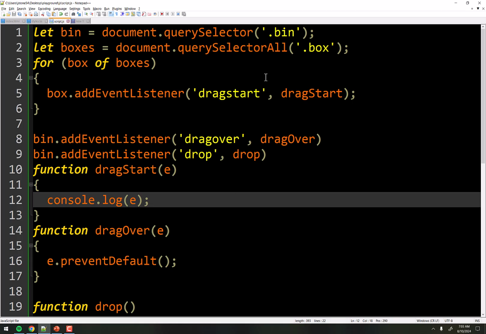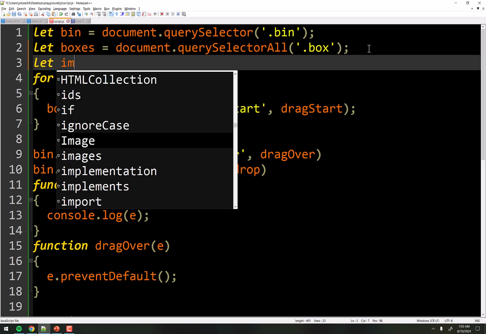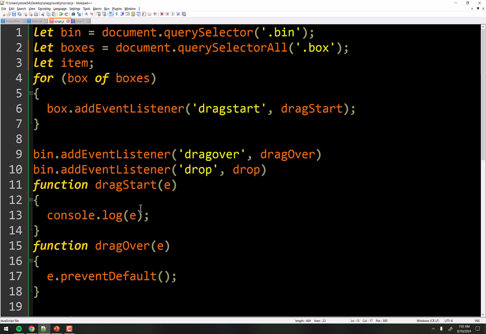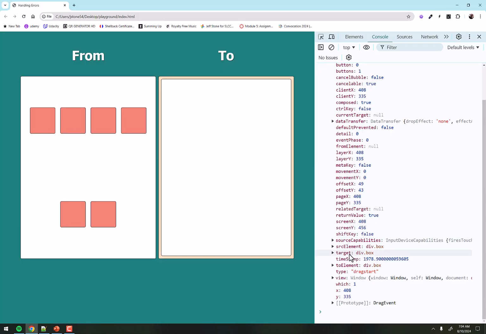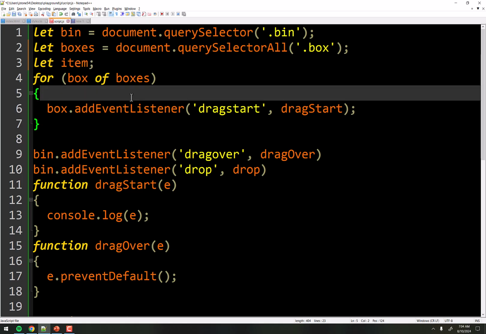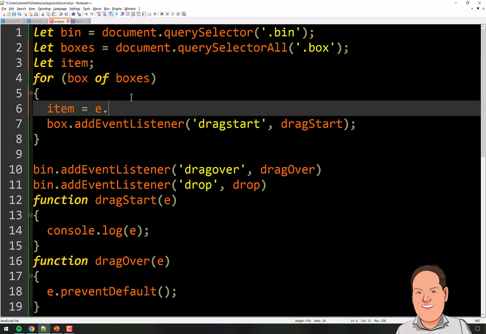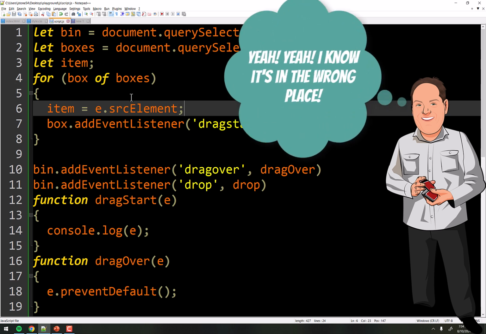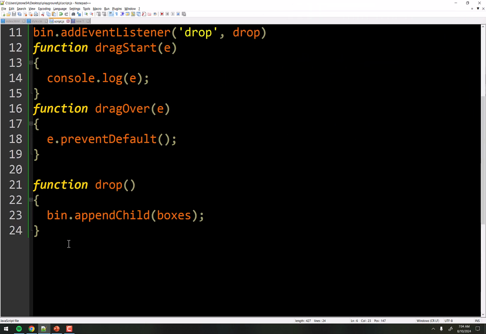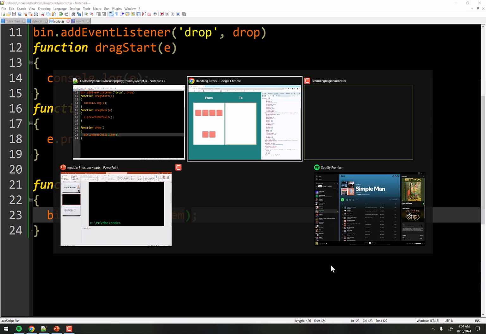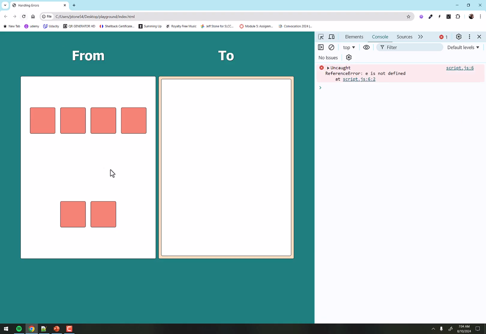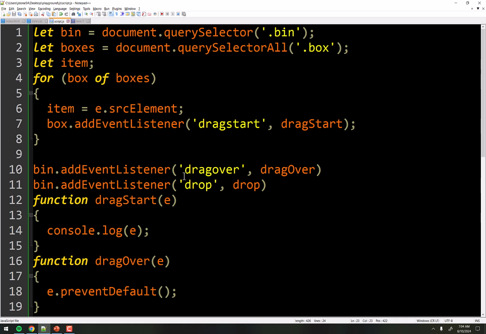Well, let's just capture that in a variable, right? So start off here, we'll go let item, and then the moment the drag event starts, let's capture in that item variable the actual source element. So it's going to be the event, so e.srcElement. So item equals e.srcElement, and now item will be whatever box is being dragged. Then down here in the drop, rather than calling box or boxes, we put the item in there. Suddenly we have a nice little working interface that has an error, of course, on line 6 because I